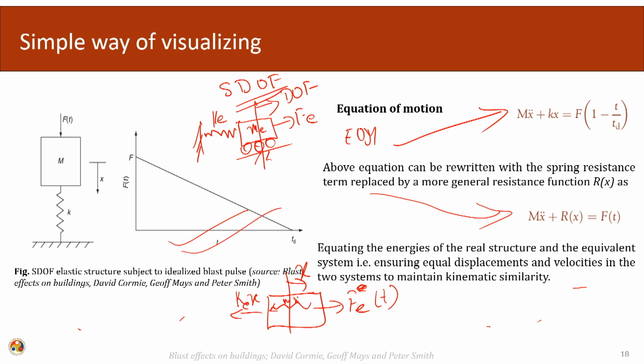From the response of the system we are calculating the maximum response of the system in the two phases, and then we are calculating the absolute maxima response. So, this is how we are going step by step.